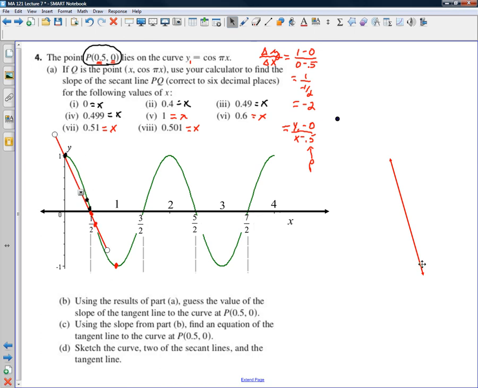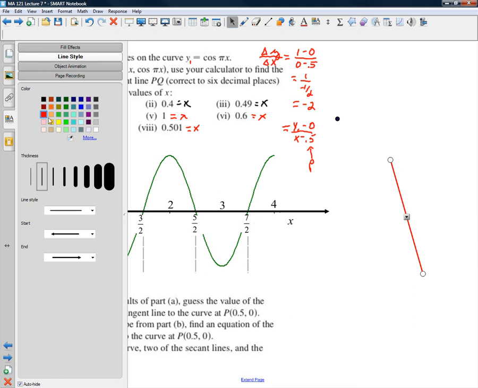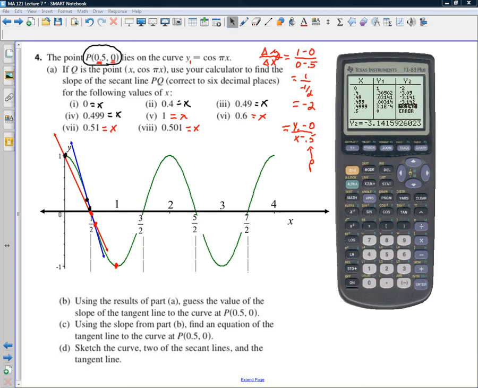But if I do this again, and maybe change colors on the line just to distinguish it a little bit, let's make it blue, and grab that point that is right next door to point P, to bring the calculator back and look at our calculation, that point that's at 0.499,